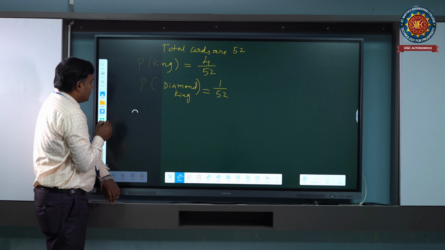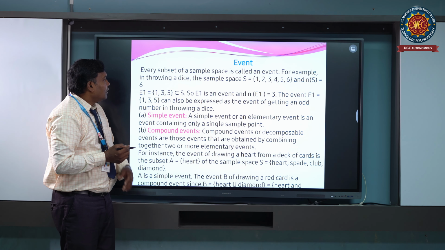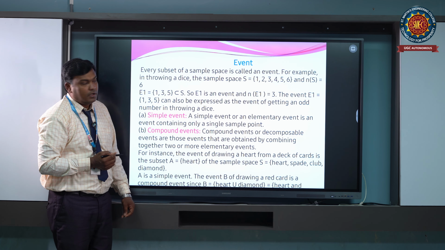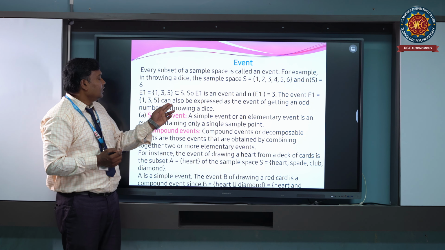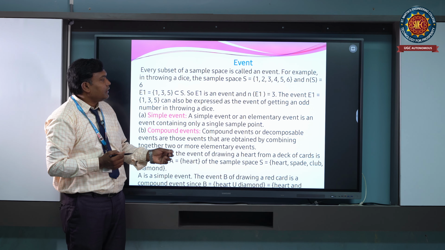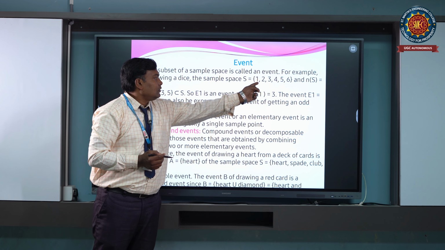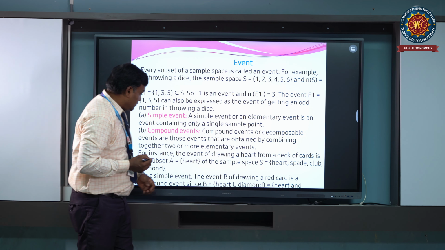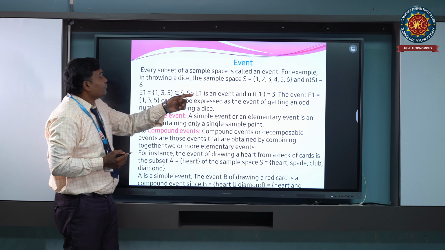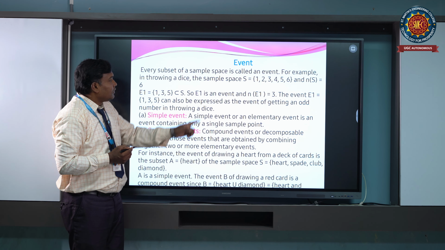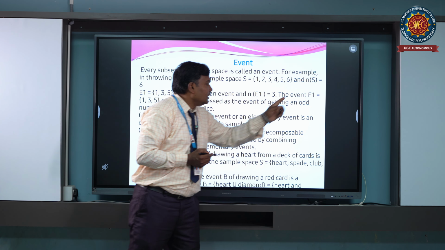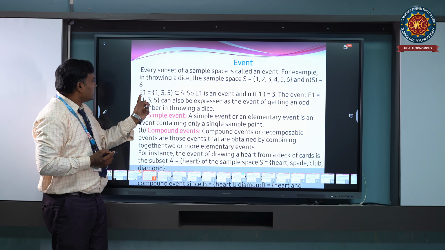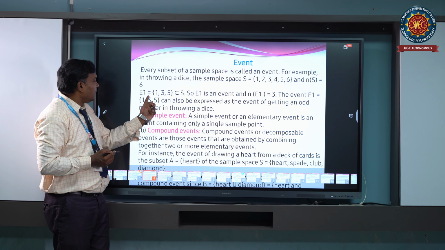Next, we have different types of events. An event is a subset of the sample space, right? Throwing a dice, we get outcomes 1, 2, 3, 4, 5, 6. This is the outcome set of the sample space. The total number of outcomes is indicated by n of S, which is 6. Here I am defining an event E1, the probability of getting